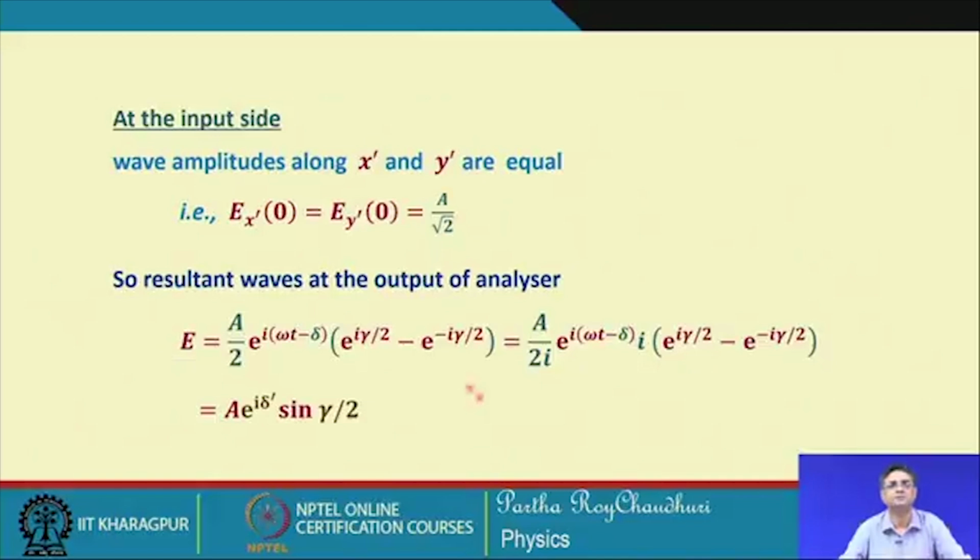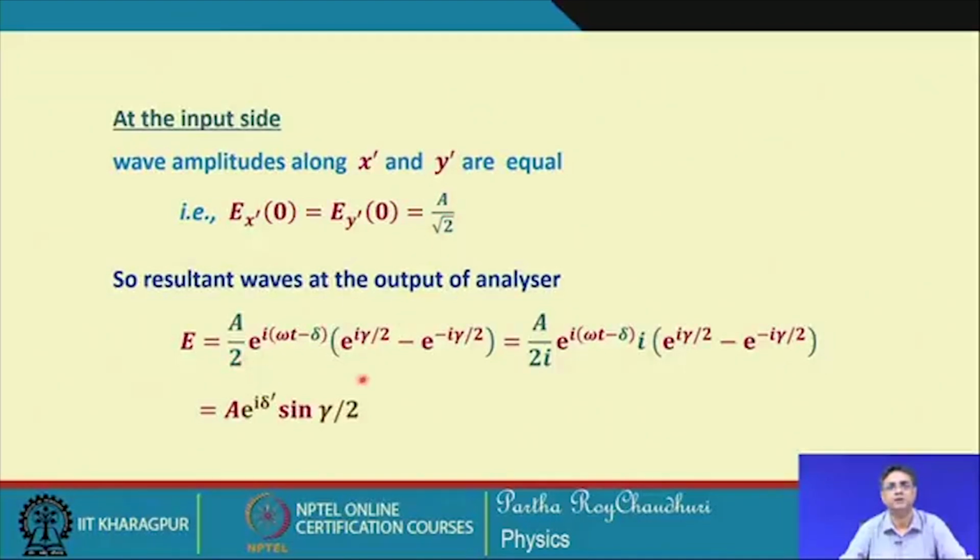That is very straightforward. So, wave amplitudes along x' and y' are equal at the input side, that is at z equal to 0, just at the input end of the crystal. Both of them are A by under root 2, that is E by under root 2, whatever way we want to write. So, the resultant waves at the output of the analyzer is this. So, this was the input, this is the output. The intention of writing in this form is that we can translate the output in terms of the input. We can write this equation. So, this is A by 2